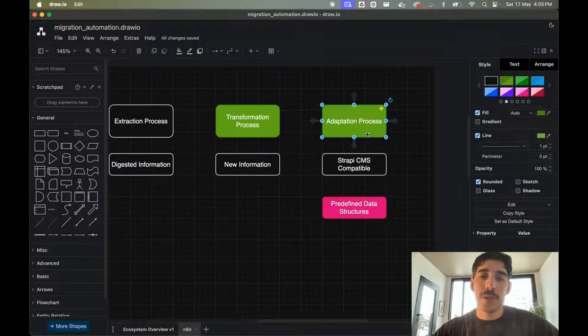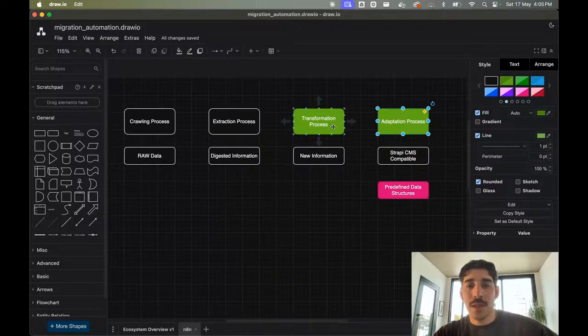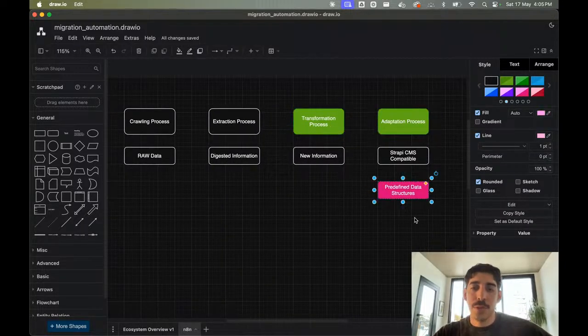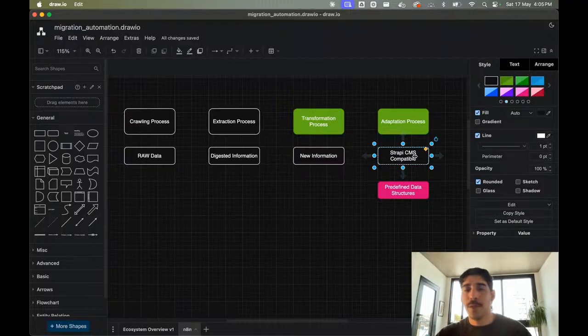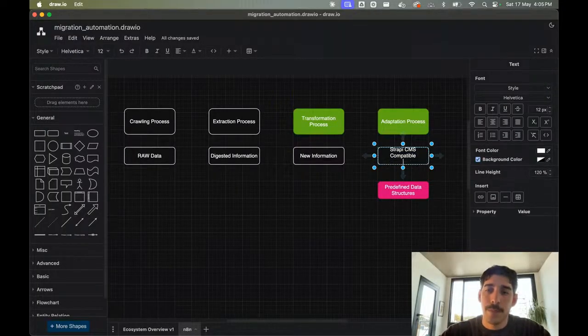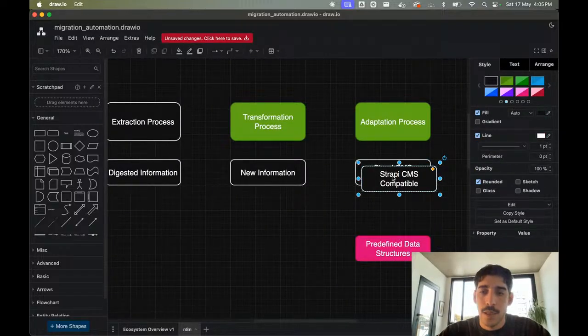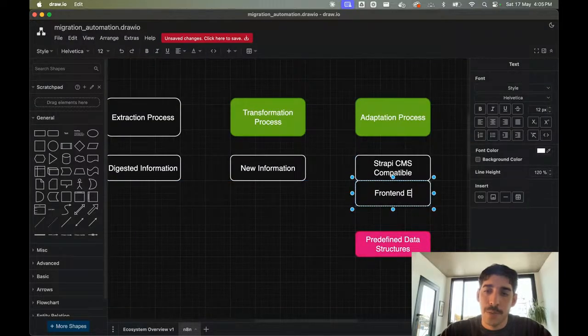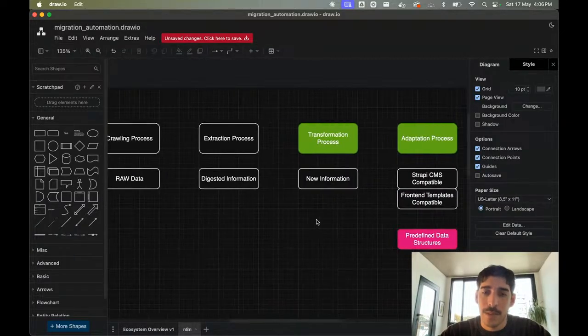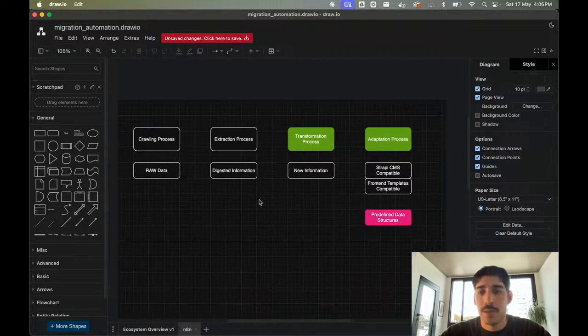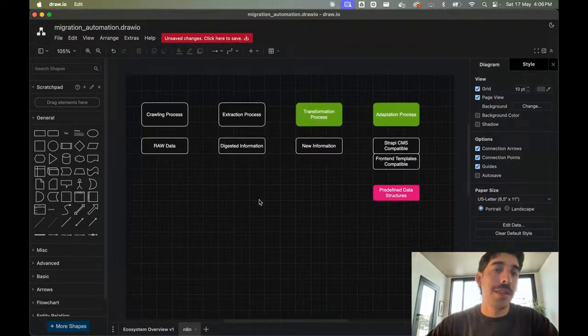And this process is going to allow it to transform this one to your new format, which is not only going to be Strapi compatible, but if we want to make it easy for you, this should also be front-end compatible, with predefined templates, because you want to make this quick, or easy for non-technical users.